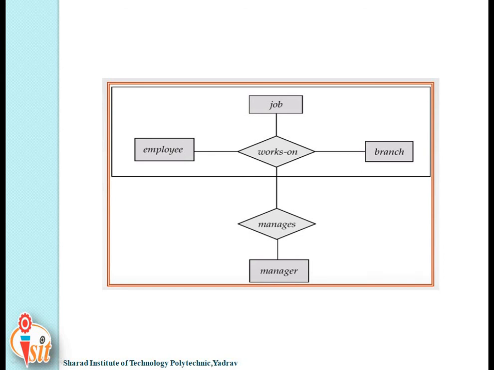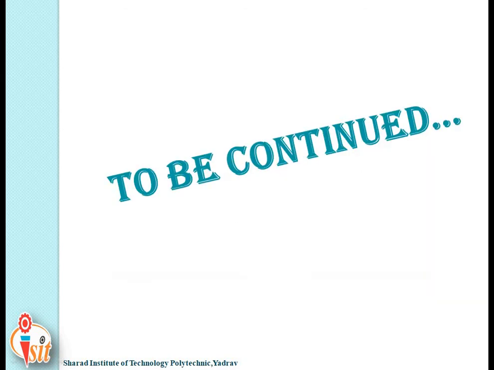That is aggregation. This is all about today's session, that is relationship attributes, relationship set, generalization and aggregation. In the next session, we will see the structure of relational database and different types of keys expressing M to N relation.